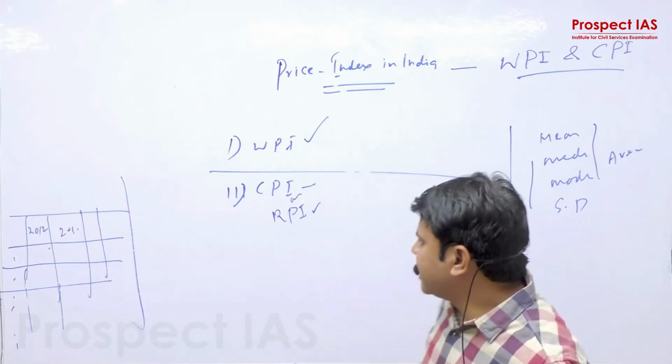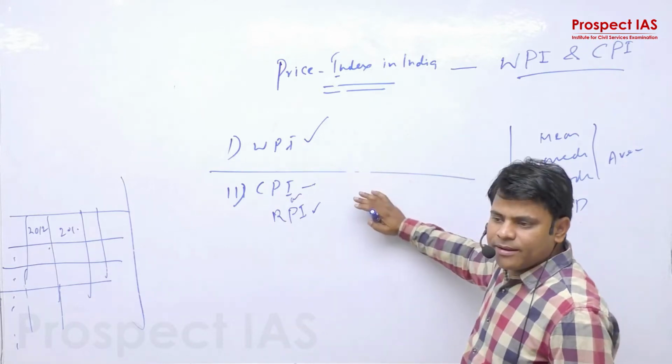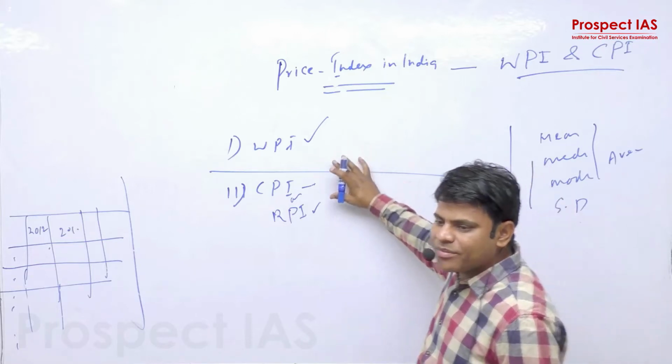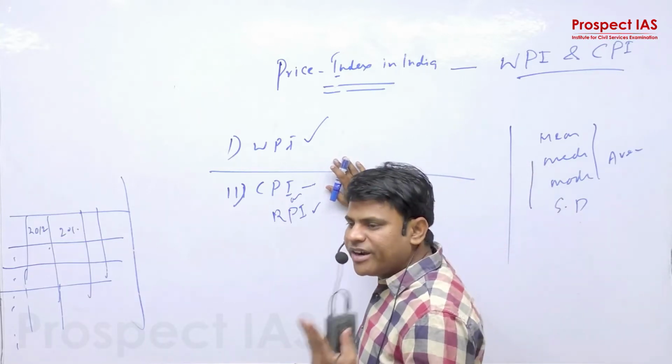So this is the basic difference between WPI and CPI, and based on them we'll have two different kinds of